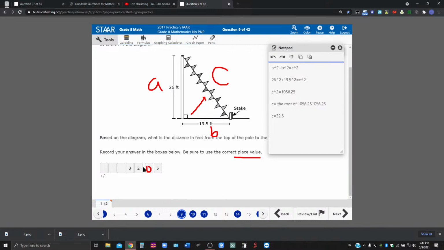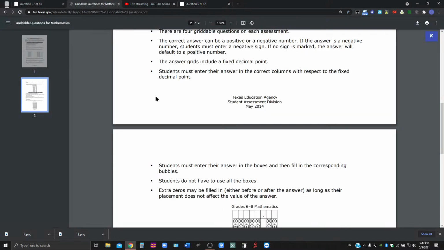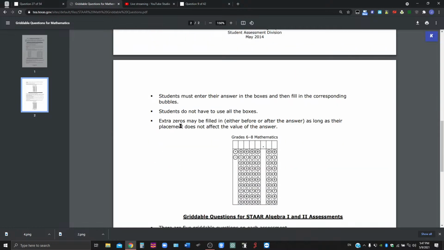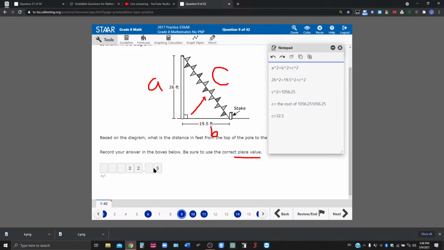Okay, and one last thing we want to talk about is that extra zeros can be filled in. You may or may not fill in depending on your choice, as long as their placement does not affect the value of the answer. So the meaning is, you have your answer here. You can put a 0 in the back. You can fill in more zeros in the front. And you can even add a positive sign as